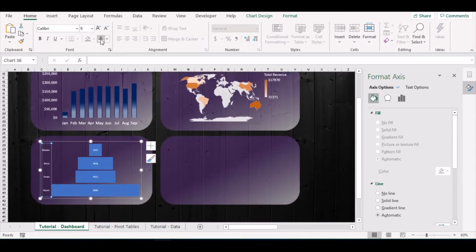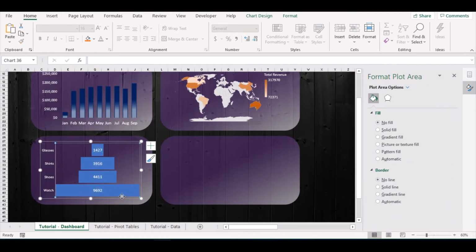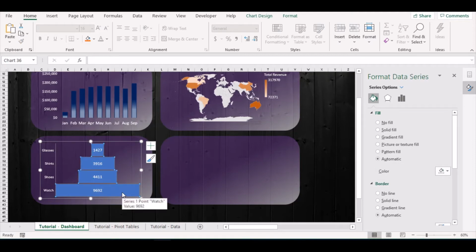Alright, first change the text to here. Increase the font size to 14. These are the data labels. Change it to 15. Increase it to 16. That's fine. Okay. Now the next thing that we have to do is select the bars over here, and then